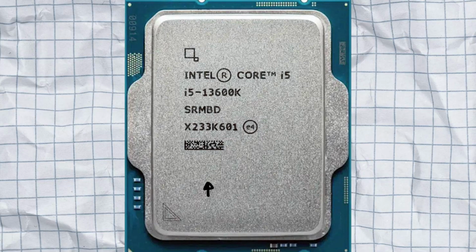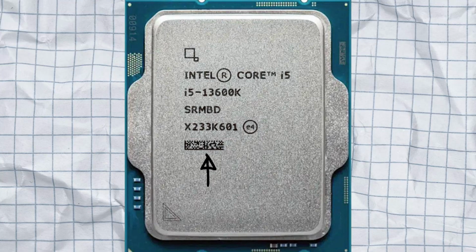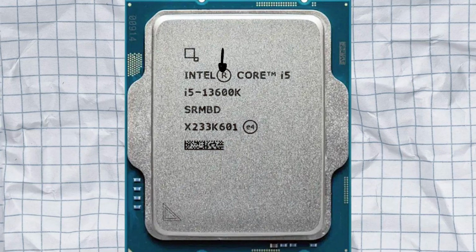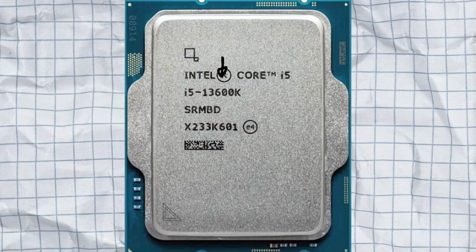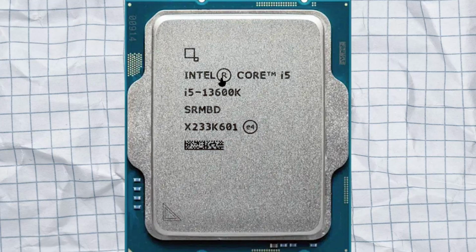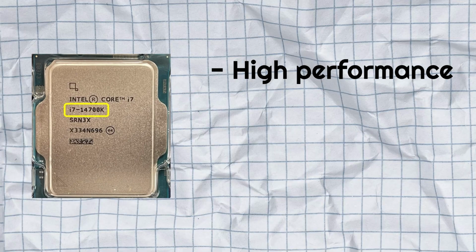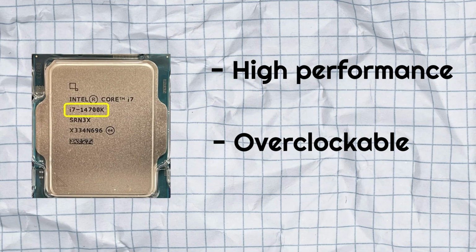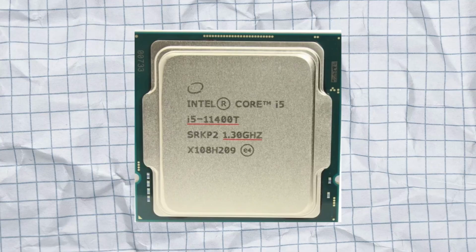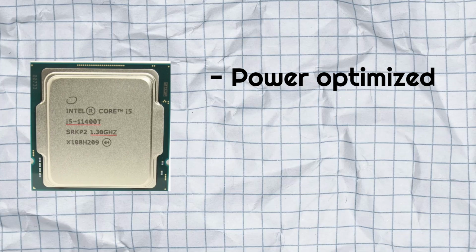Their naming scheme includes a series number to show the generation, e.g. 13 in 13600K, a placement number to indicate the relative performance in the series, e.g. 600 is mid-range while 700 is higher end, and suffixes that explain additional features. K means that it is a high-performance CPU, with it being able to be overclocked. The T suffix means that it is power optimized, where it doesn't use as much power but at the cost